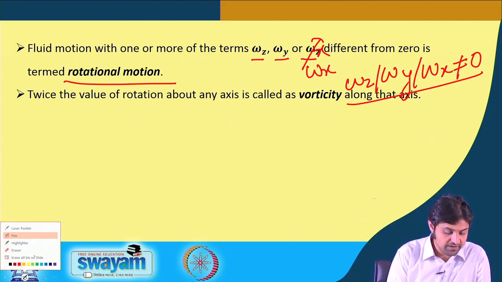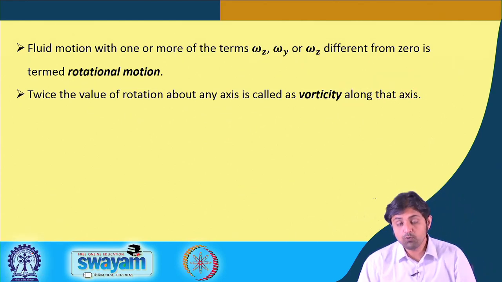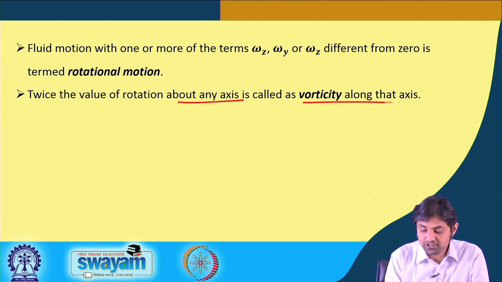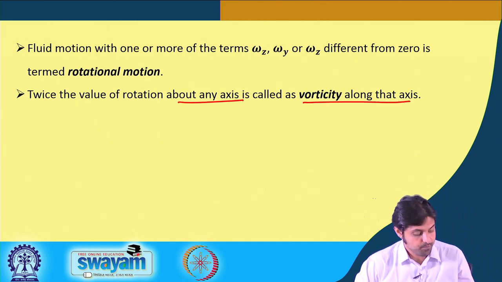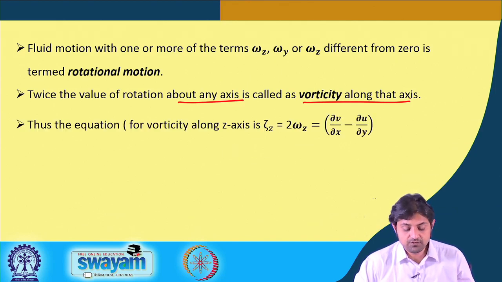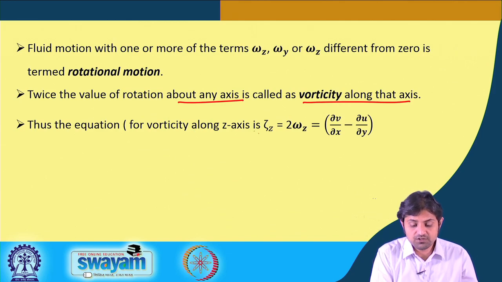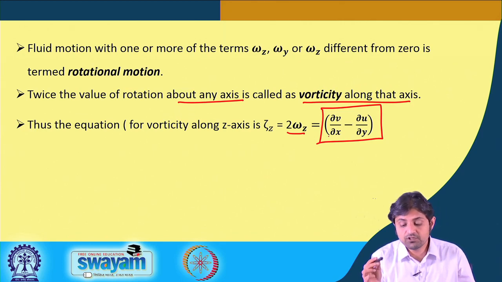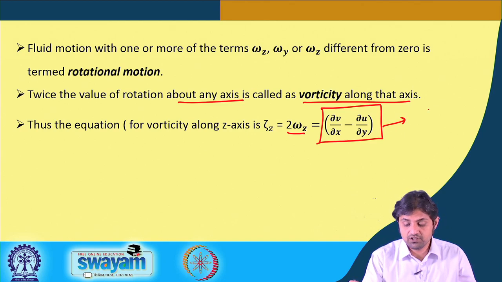So, twice the value of these omegas about any axis is called the vorticity along that axis. Okay, you must have heard the term vorticity. Thus, the equation for vorticity along z axis is 2 omega z is equal to. So, if you remember, the omega z was half times this thing. So, this is the vorticity along